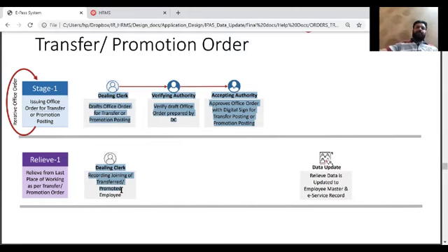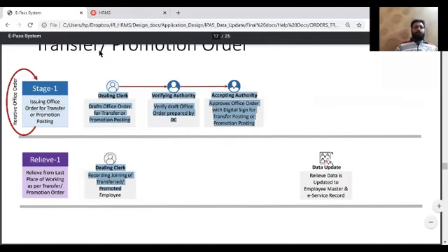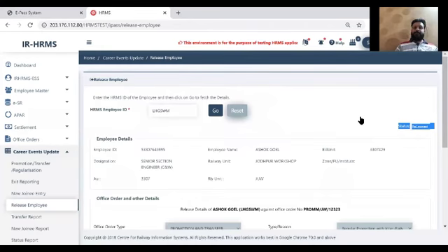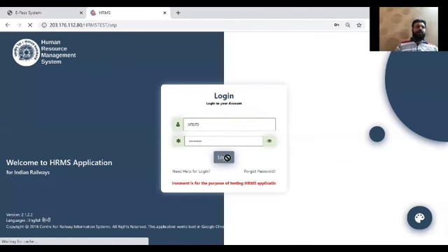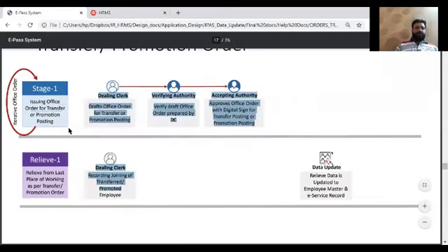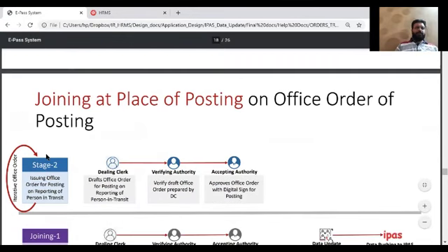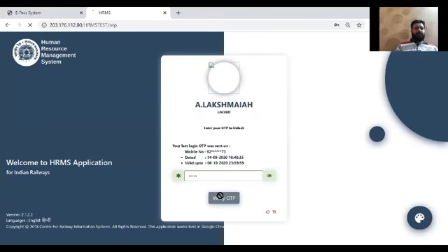So now the work for the second unit will start. For promotion and within-unit transfer cases, my part is still pending. That will come in the end. So let's go to that other unit where this employee has been transferred. We'll now go to Sikandrabad and log in with my dealing clerk of Sikandrabad. So this is my dealing clerk for Sikandrabad. I'm going to issue an office order for posting now, stage 2. So in stage 2, we'll issue a posting order.